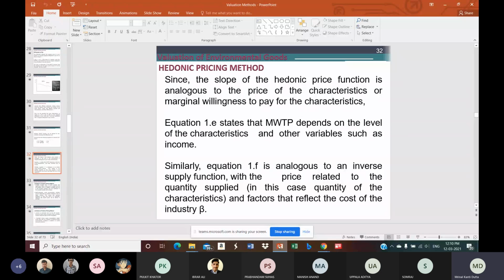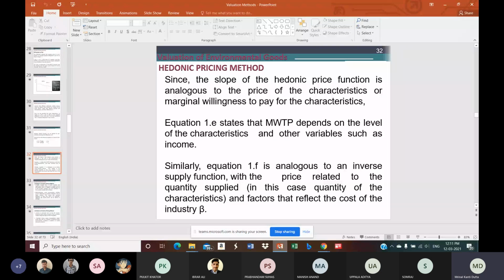Of course, one thing is for sure, that a lot of information will be required. But the good thing is that the property markets are considered to be relatively efficient in responding to the information. So in a sense, if we have the information, and in the property market definitely information will be there, we can see the different types of demands at different prices, and since the prices are actually responding to the quality of the environment as well, in a sense we can find a good indication of the value of the environmental quality.